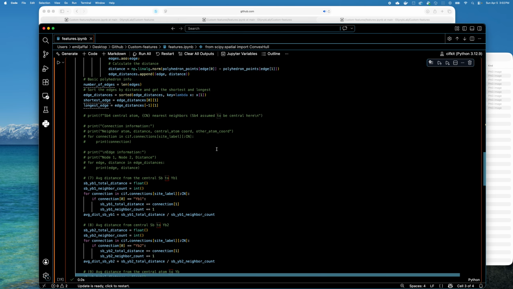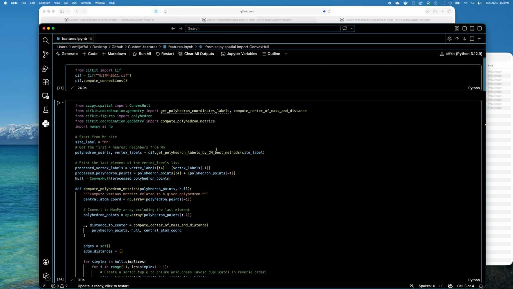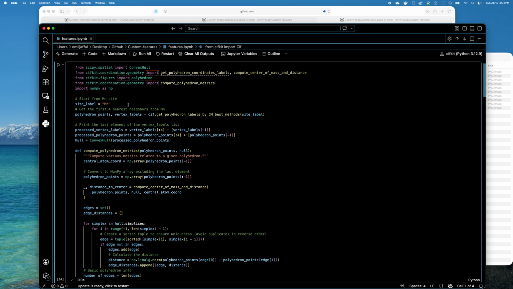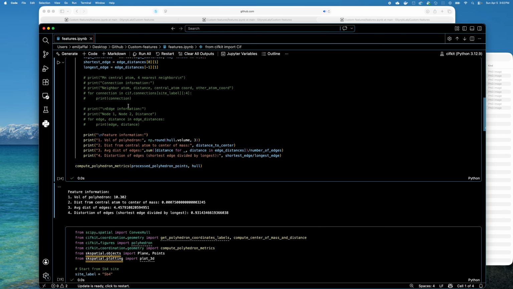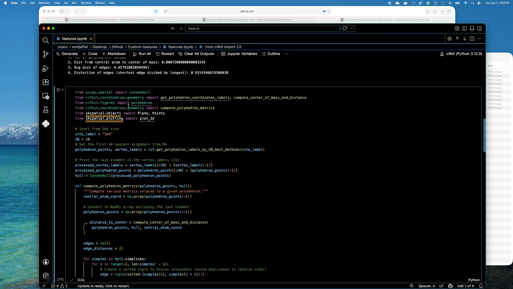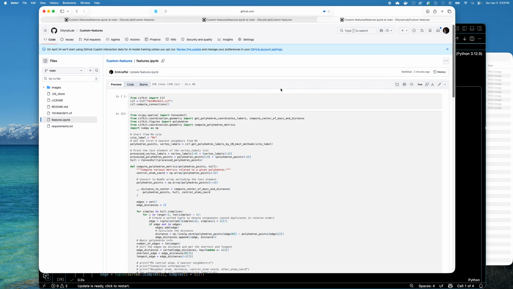So again, pretty simple to use. All the requirements should be satisfied, and we use our own CIF kit to work with much of these data pieces. So any questions, comments, queries, or concerns, feel free to leave a comment below,